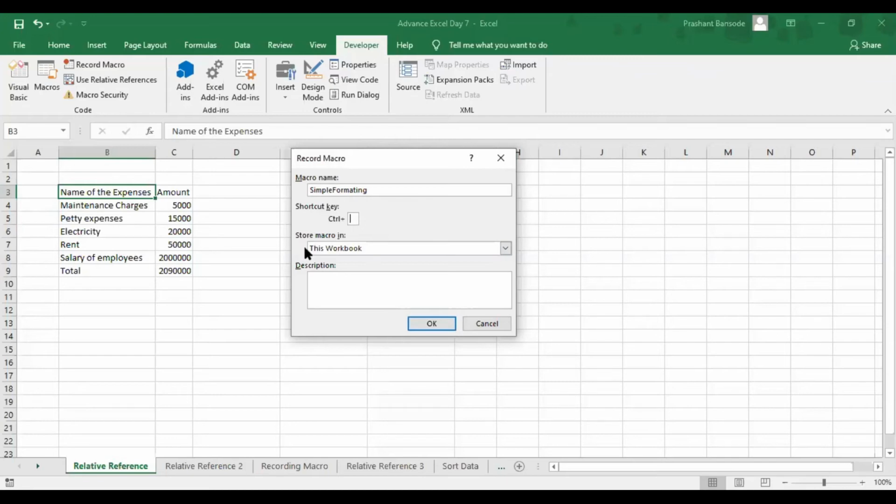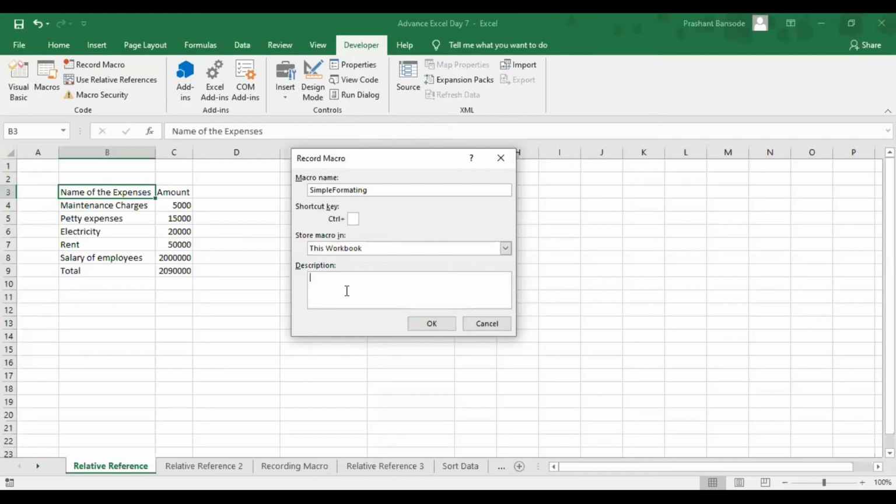Now it says to store the macro in this workbook. I want this macro to be applied in this workbook itself because I'm working on this workbook. It also gives you other options, whether you want to apply the macro in a new workbook or the personal macro workbook. So I'll just go with the default option, which is this workbook.